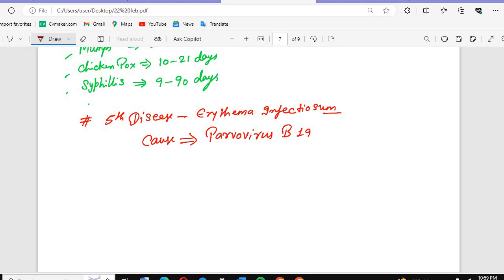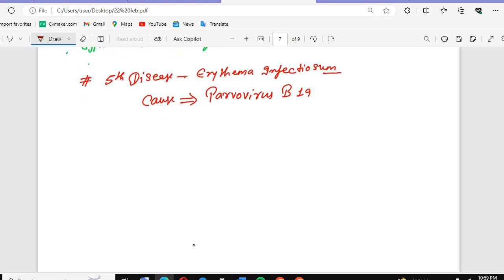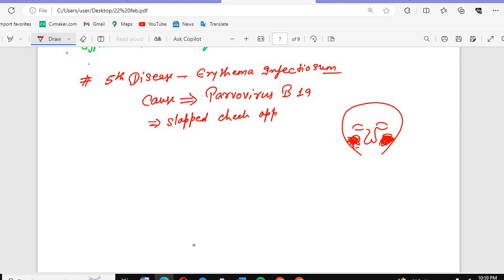So what will be there? There will be the slapped cheek appearance. Like if this is a child, this will become reddish. Why? Someone put a slap on his cheek, so it will give the appearance of the slapped cheek appearance. Okay,